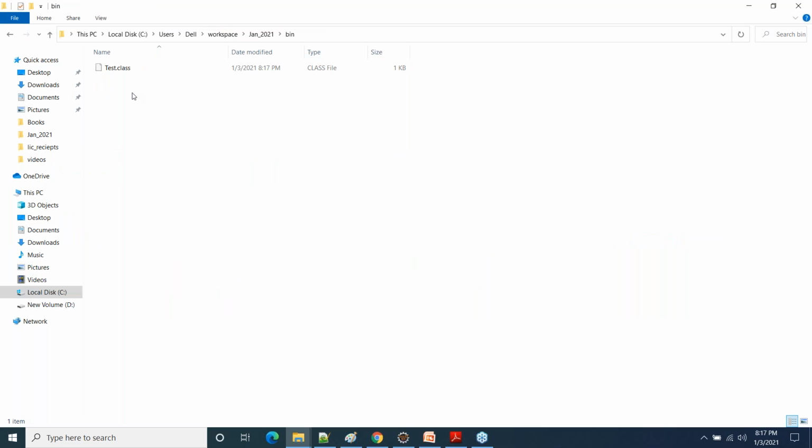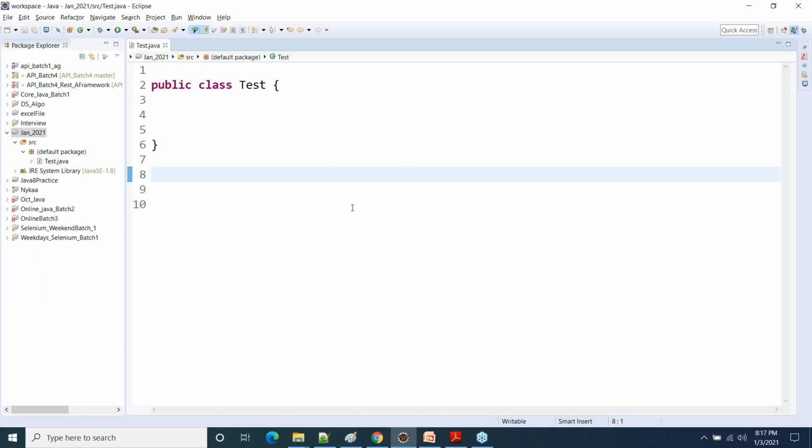Is that clear? This is handled by Eclipse itself. You don't have to do anything. So that is what I was trying to tell you, that the compilation process is handled by Eclipse. Eclipse uses the compiler internally, and you will not have to do anything as far as the compilation process is concerned. Execution you will have to do on your own.